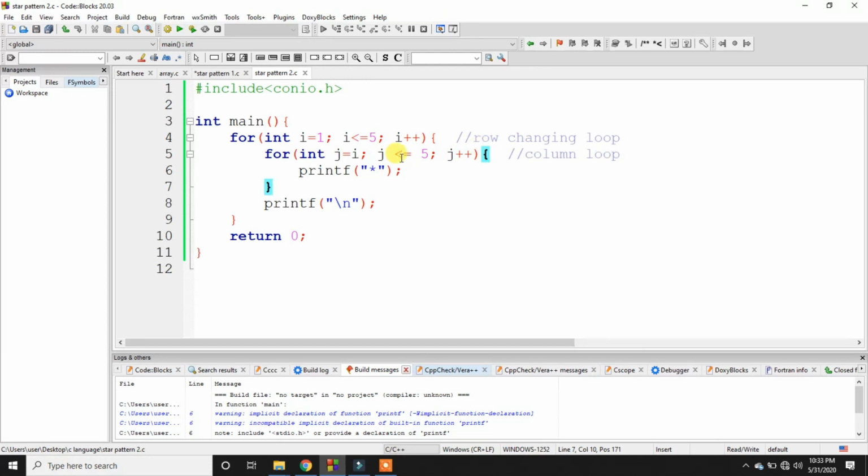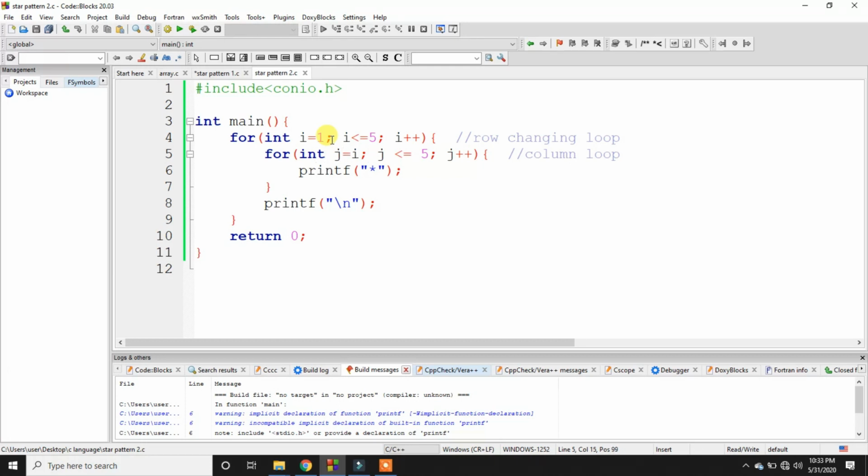So yes, let's go through the logic once more. We have initialized the loop first with the help of i, which is equal to 1, and i is less than or equal to 5. Yes, condition is satisfied, and i plus plus. So i becomes 1 here.